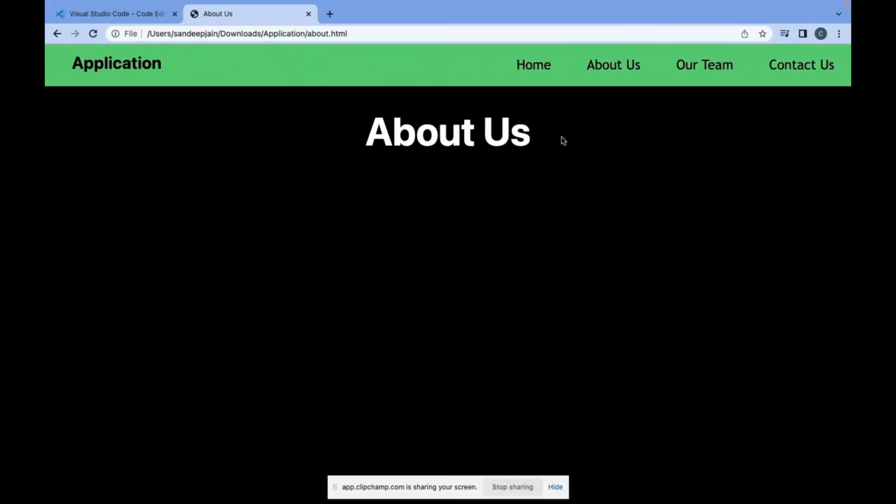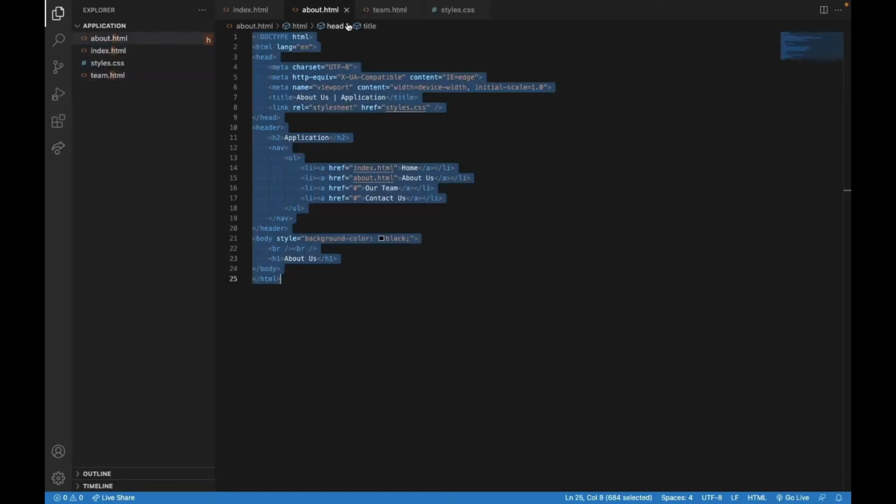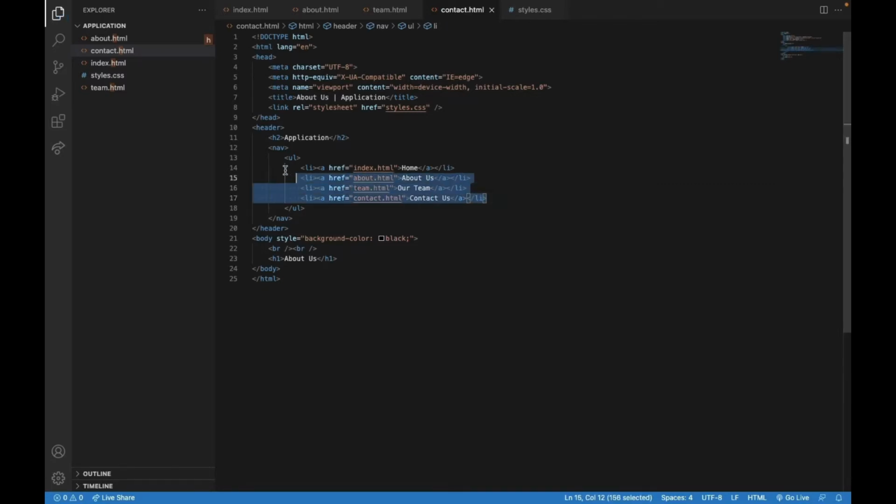So now we want to add the other two pages, our team and contact us. So we can do a new file and then do team.html and copy over the same code. And we can add another class called contact.html and copy the same code here as well. But now we want to link all of our classes. So we can go ahead and do team.html here and contact.html. And we can copy these 4 lines to all of our classes just so we have the correct links. And if we copy it over,